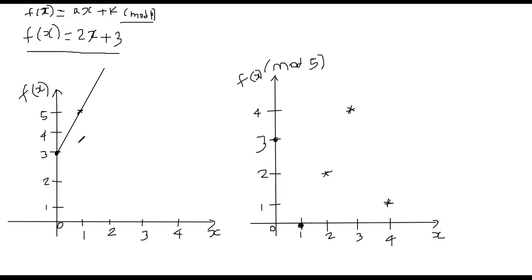In cryptography, we often don't like patterns like this. You have a nice straight line, a linear equation. We want to destroy patterns wherever we can. Let's look at the same with mod 5. The 5 points are all scattered. You can't draw a line for this, right? This is not a linear equation in the sense that you see here. Here it's a nice linear equation, but here the points are scattered. So the mod operator destroys the pattern.